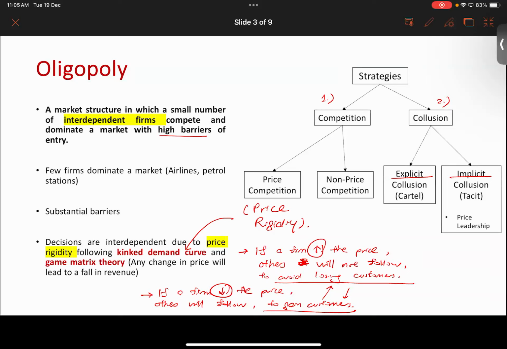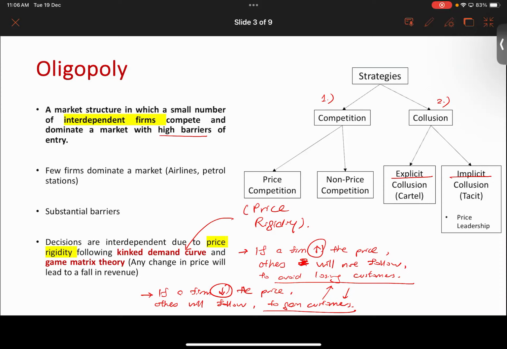Since there are only a few firms dominating the industry, they can try to play this by saying, let's sign this formal agreement and purposely reduce the output to create shortages and mark up the prices, taking advantage of consumers. That's how they maximize the profits if they want to. But of course it's illegal. Definitely it's illegal. You are not allowed to do that. You are basically exploiting the market.